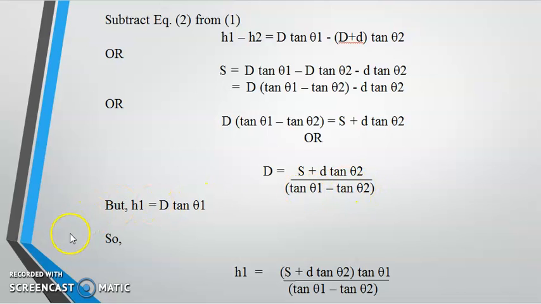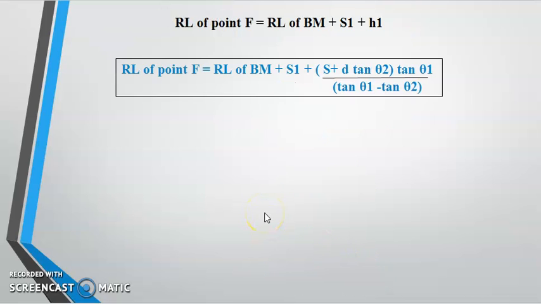Now from equation 1, again we know that H1 is equal to D tan θ1. Substitute the value of D in this. So we get H1 equal to this particular equation. Now to write the RL for the point, RL of point F is RL of BM plus S1 plus H1. Now, why it is